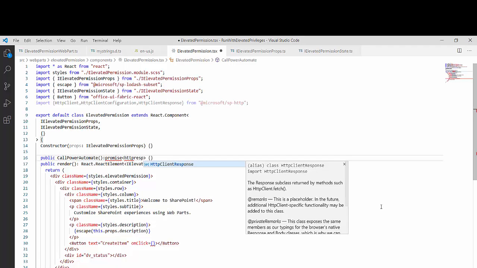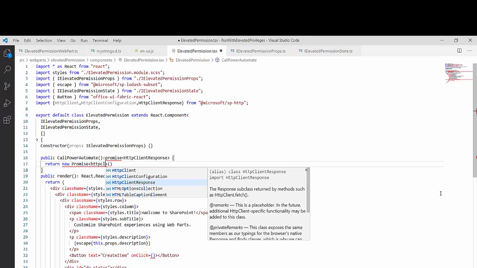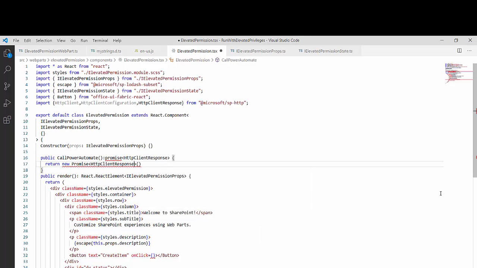I will give HttpClientResponse inside this function. So I have to resolve this promise. I will return a new promise of type HttpClientResponse.